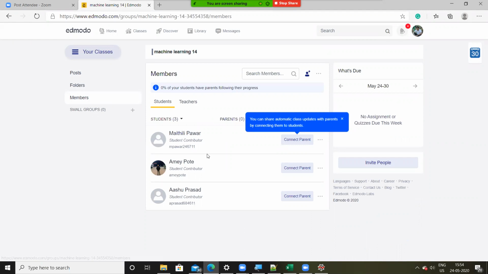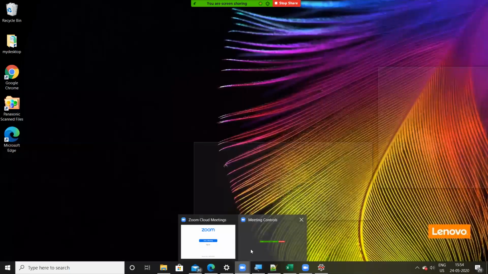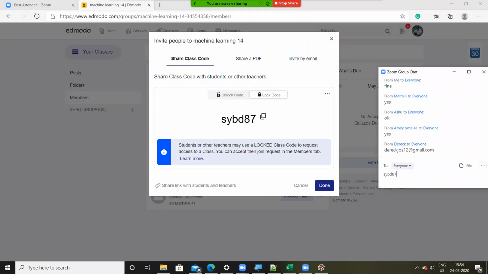I see only Maithili, Amay, and Ashu are part of this. Derek, what's your email ID? Can you quickly paste it? I'll invite you immediately to join this group, or you can use this code. I hope you are aware of edmodo.com, right, Derek? Can you confirm?